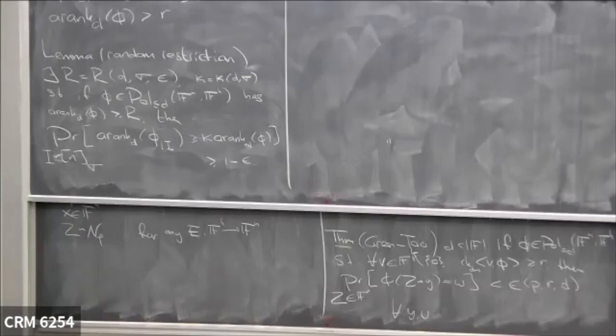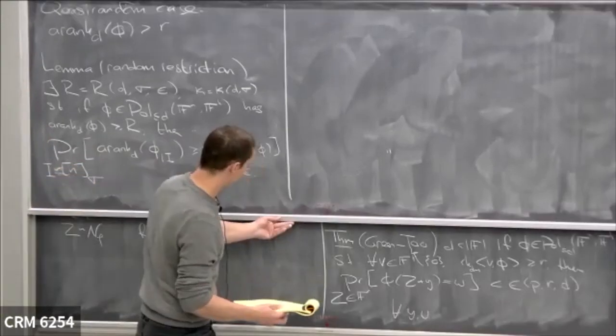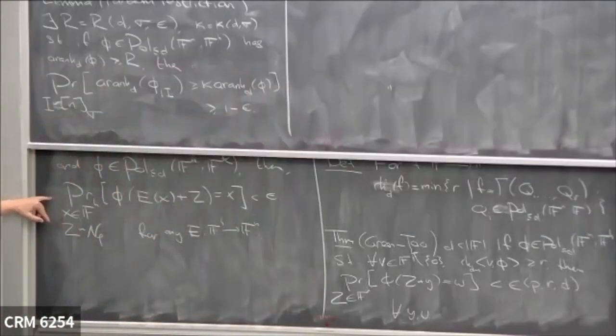So in short, the random restriction lemma says that if the analytic D rank is large, then a random restriction of it will, with high probability, also have large analytic D rank. So this is the main tool in proving this statement. And the reason why you can use it to prove this statement is because you can interpret this distribution over